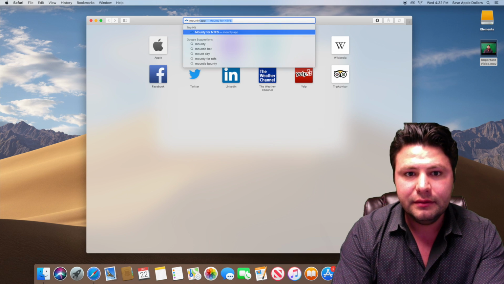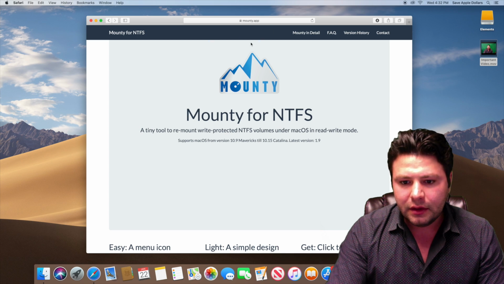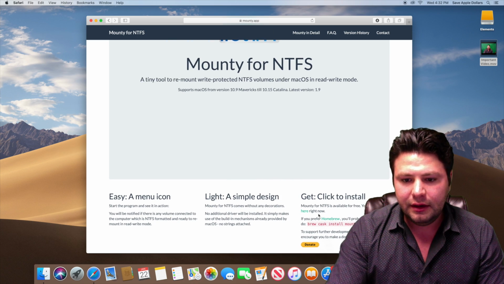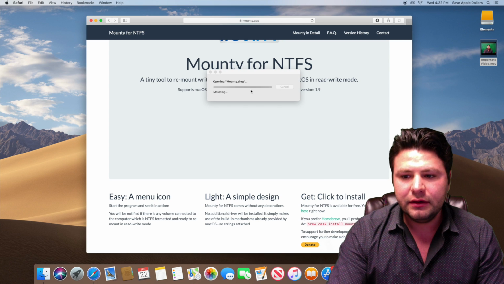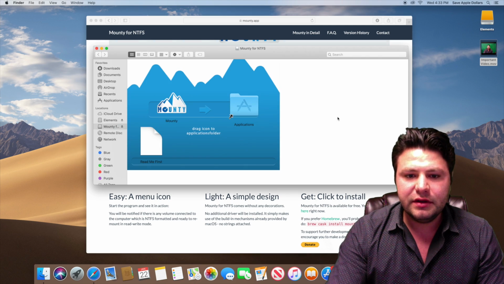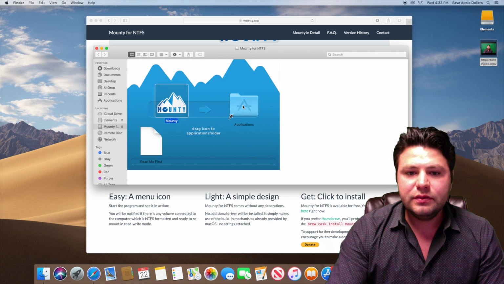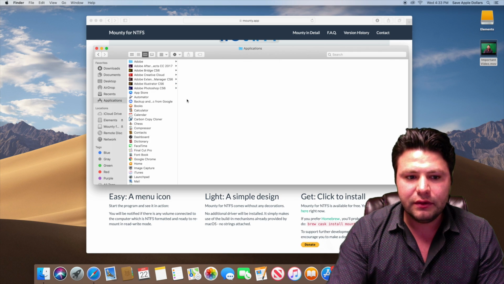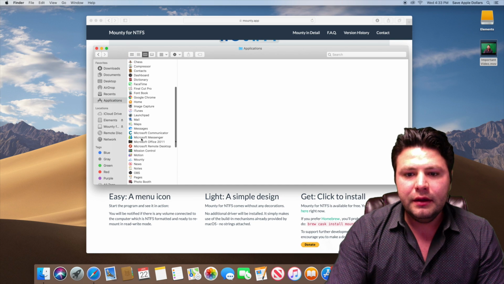mounty.app. And here at the Mounty app site, you just go down to Get Mounty right here, and then you click right here to get it, and then we'll download it. As soon as we download it, we open up the Mounty installer, and it just asks to get shifted over to the Applications folder, just like any other app on the Mac. And then once we're inside of the Applications folder, we go down to Mounty, we open it up, and